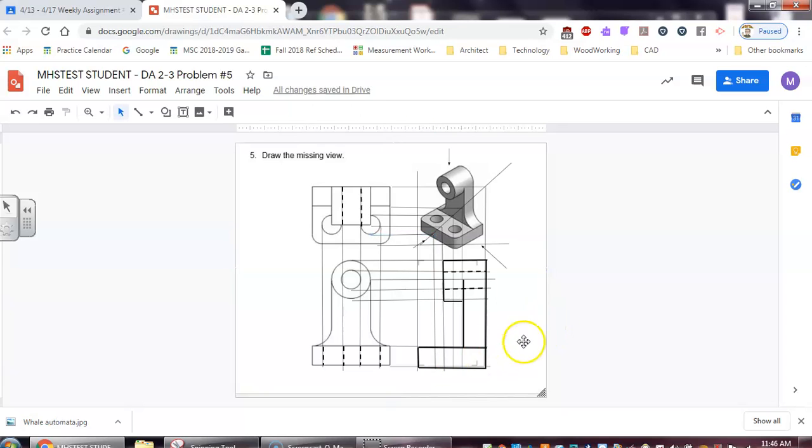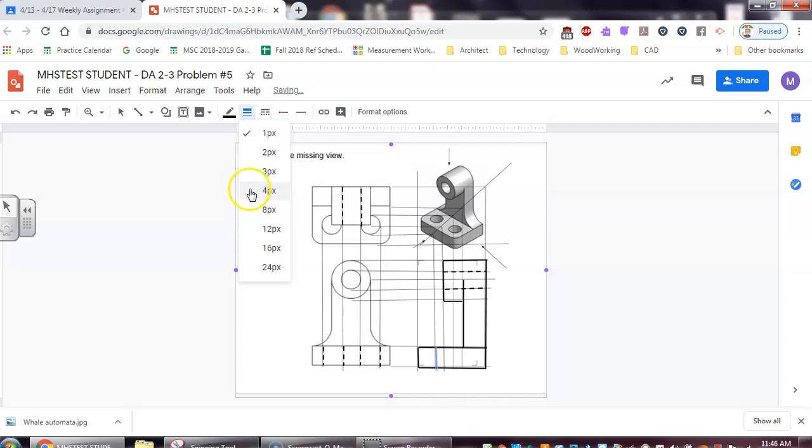All right, so now I know I've got another hidden line here and another hidden line here. So go back to our line command, put this one here in place, change that to a hidden line. And then I also have the other one coming through here like that. All right, now,